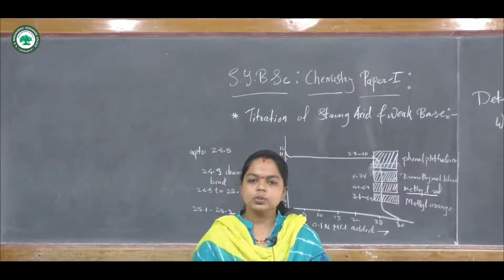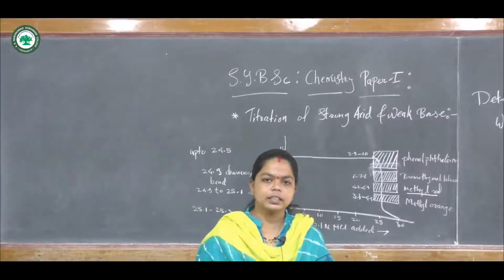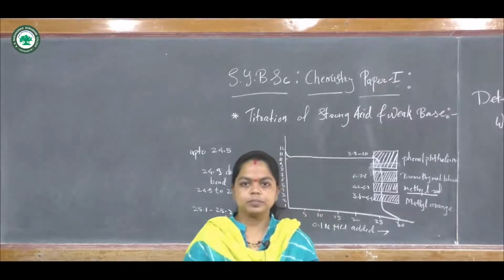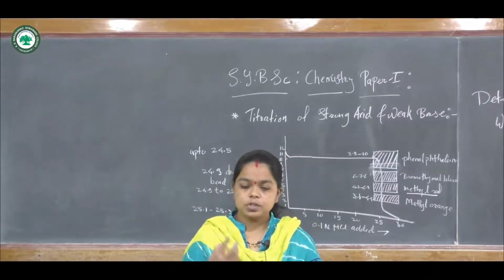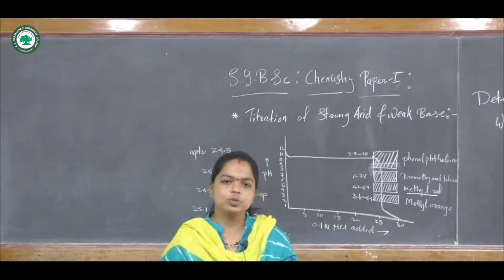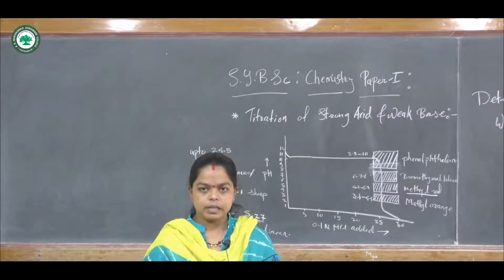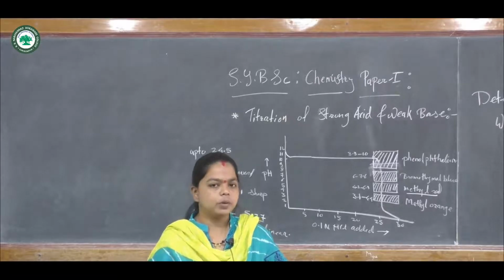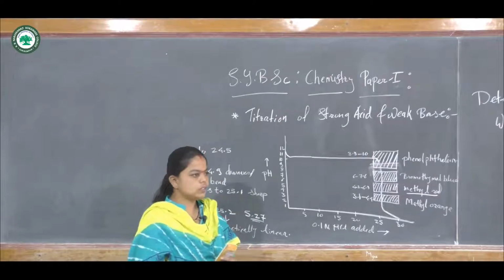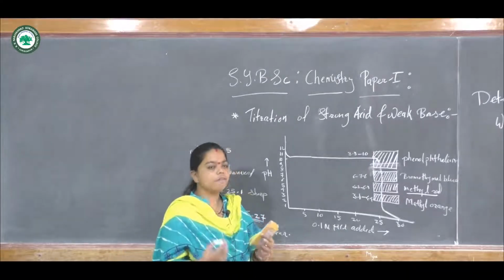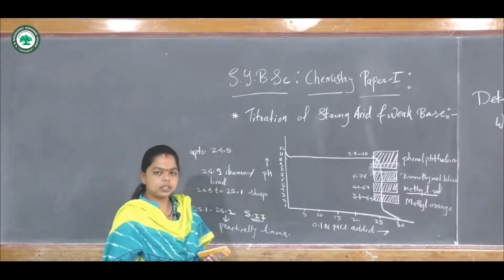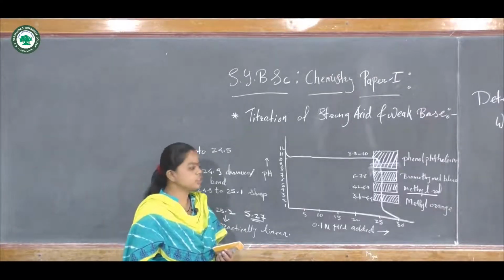Whenever we are performing the titration of a strong electrolyte with a weak electrolyte, the strong electrolyte should be taken in the burette and the weak electrolyte should be taken in the conical flask. So the next type of neutralization titration, the third, is the titration of the strong acid with the weak base. We are going to consider again the graph or the curve for this titration.